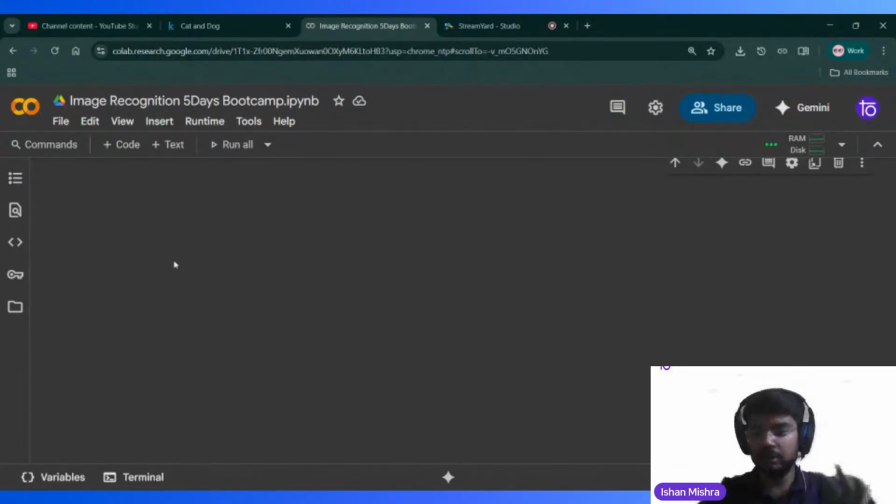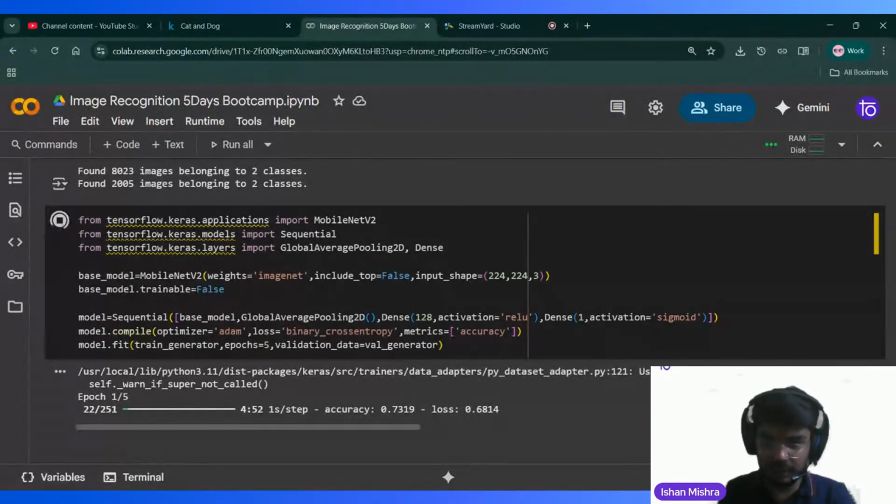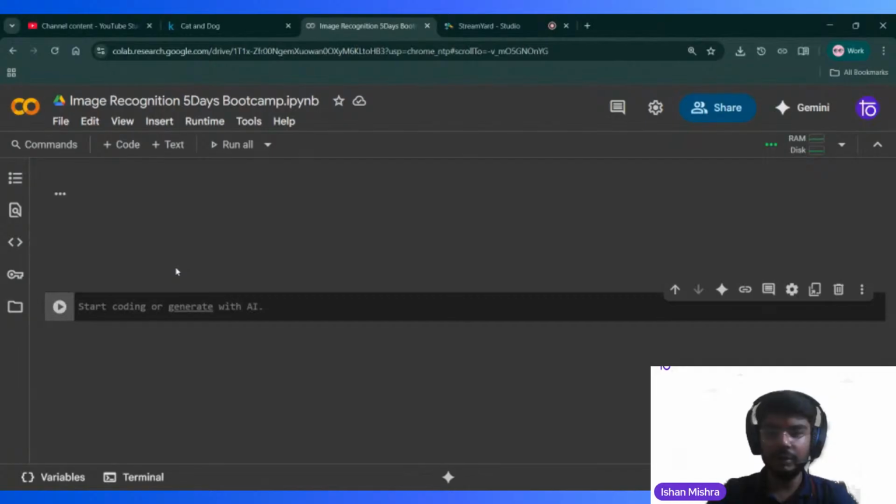For this code I am just going to explain what we have done. We have borrowed a brain from MobileNet V2 that already knows how to look at pictures, and froze it so it doesn't forget what it initially knew. While training on our data it doesn't forget that, so we froze it. Then we added our own decision-making layer and trained only the new part to decide whether it is a cat or a dog. This much we have done in this part. Further we will move